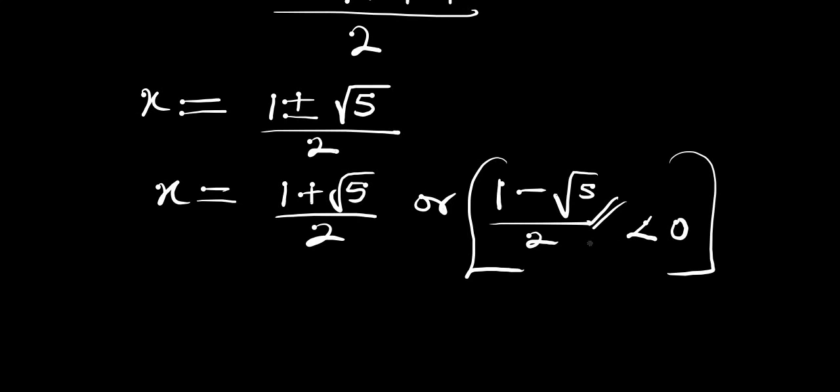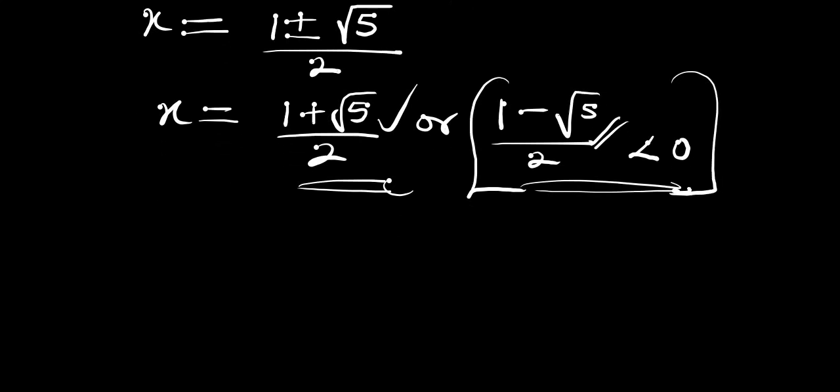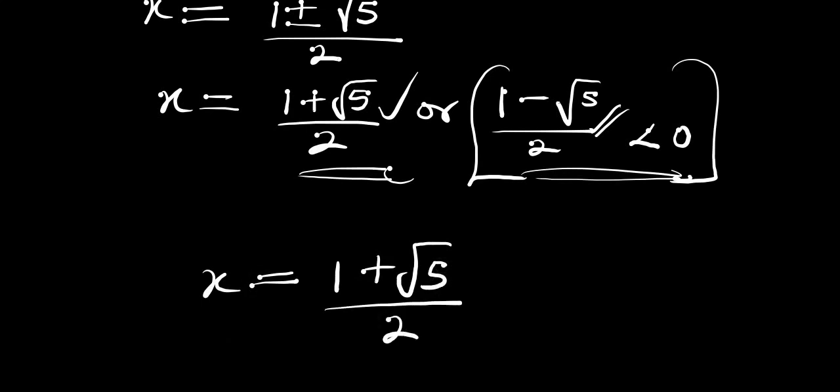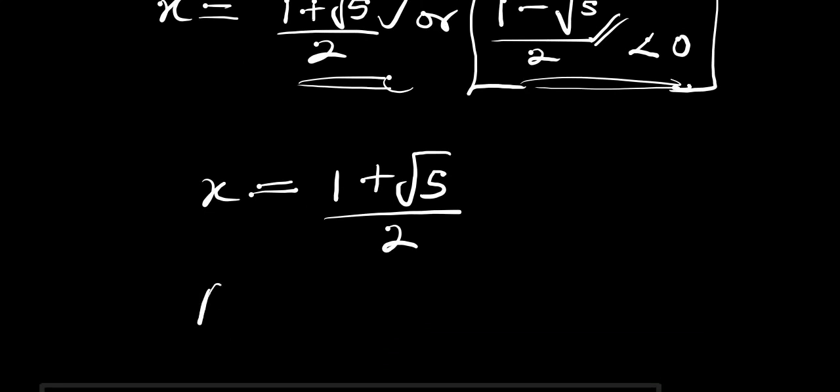So we are only going to concentrate on when we have the positive value of x, which is (1 plus root of 5) divided by 2. That means we are not going to make use of this particular solution. We are only going to make use of this one here. So because of that, we have x equals (1 plus root of 5) divided by 2. And if you recall,